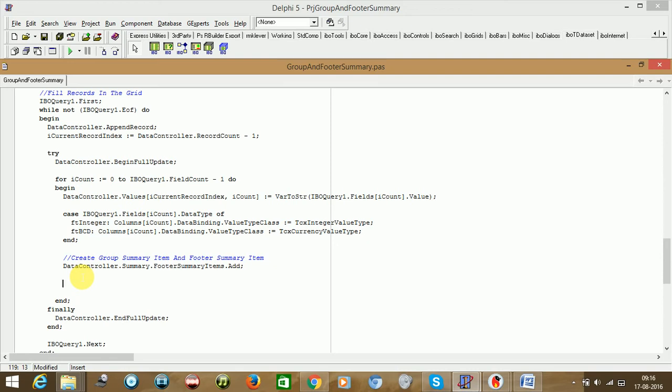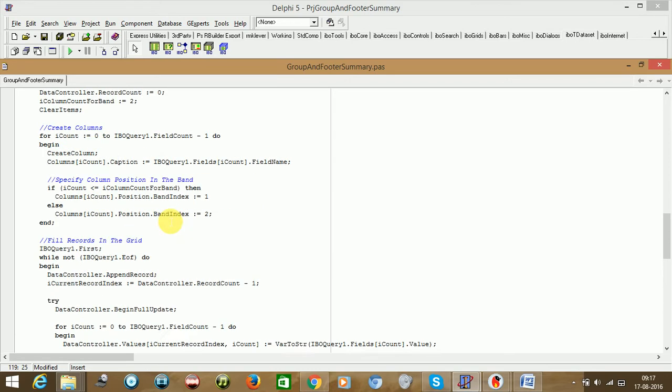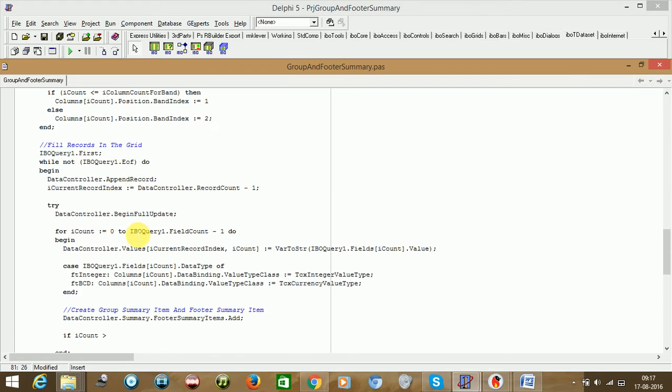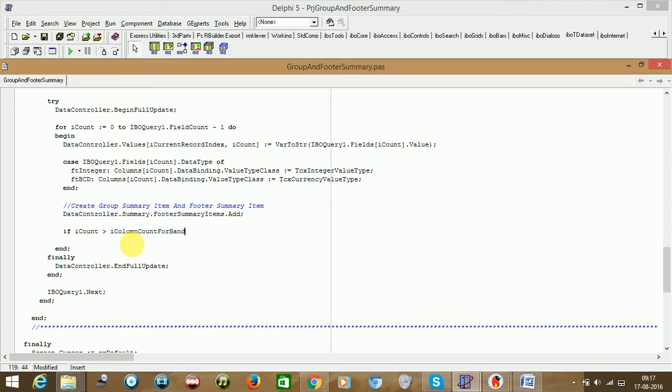So we just need to put the condition saying that if the current column count is greater than, now the column band we have specified here, I column count for band, then only what needs to happen is just put it inside the bracket, so easy to identify as a condition.